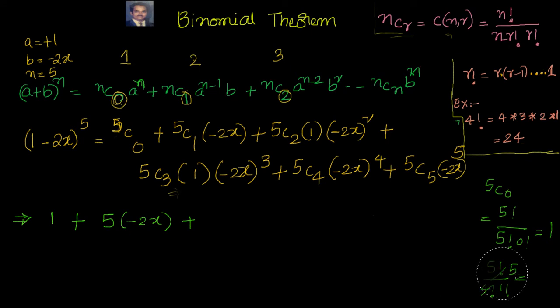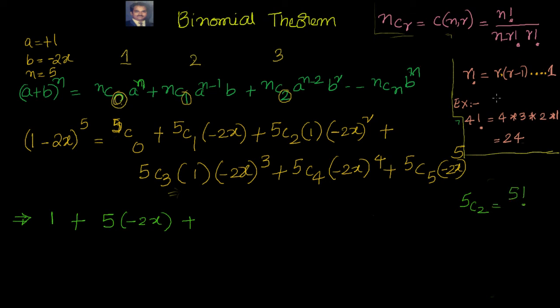5C2, you want me to do 5C2? I think you should be able to do it by yourself, but I'll do it for the last time. This is 5C2, that's nothing but formula. 5C2 is 5 factorial by 5 minus 2 is 3 factorial into 2 factorial. If you don't know this, I'll do it for you one simple time. 5 is nothing but 5 into 4 into 3 factorial, correct? I can write it as 3 factorial here again, and this is 2 factorial. 2 factorial is 2 ones are 2, so 2 cancels, you will get 10.